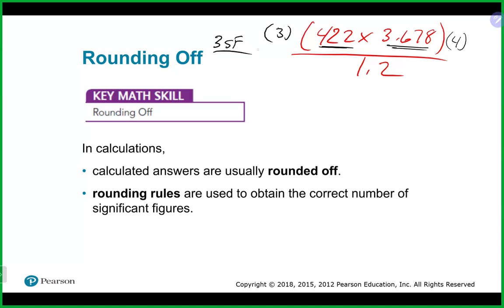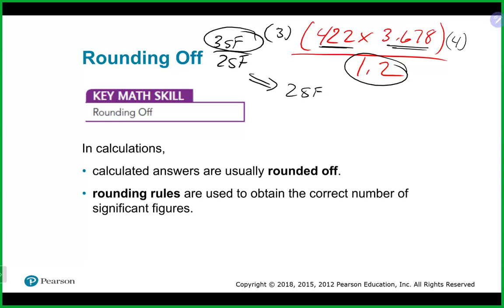So since I'm dividing, I should still be looking at sig figs. I already know my top number should be 3. This bottom number is how many? 2. So when I'm all said and done, how many significant figures should my answer have? It should actually have 2 significant figures based on that, right? So you've got to kind of follow it step by step. So if you multiply the top there,